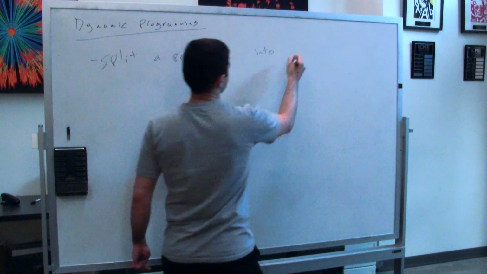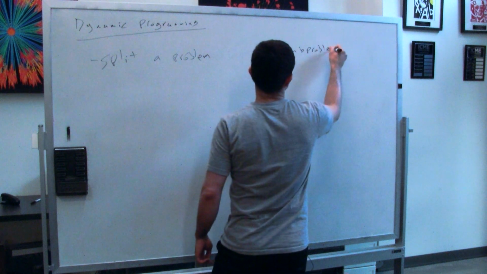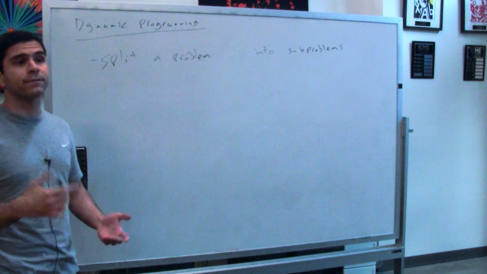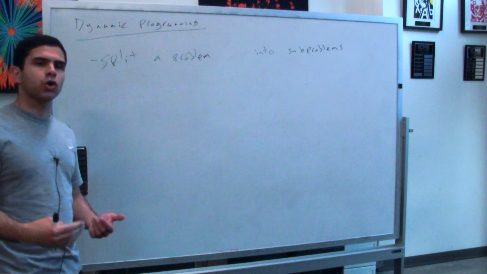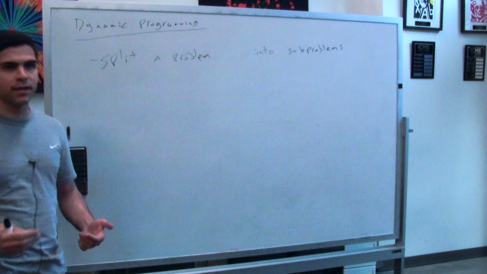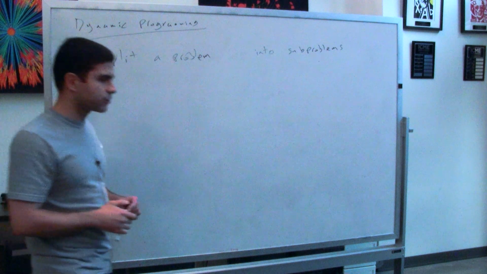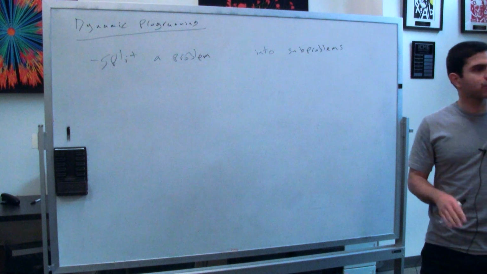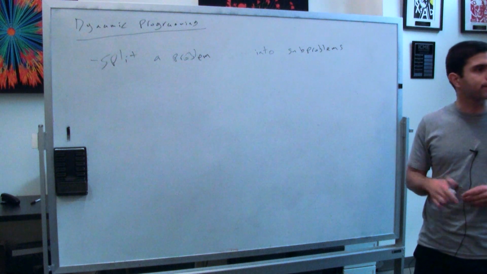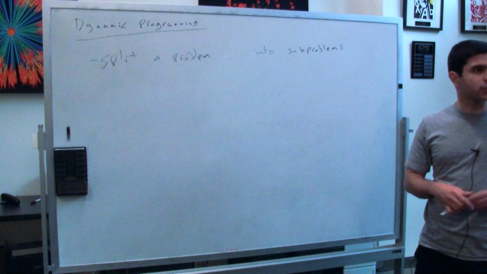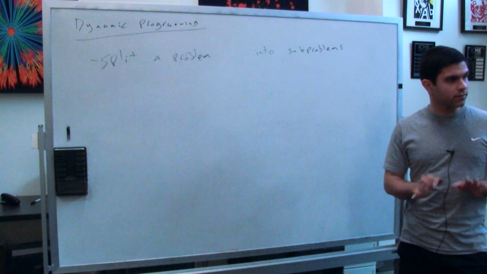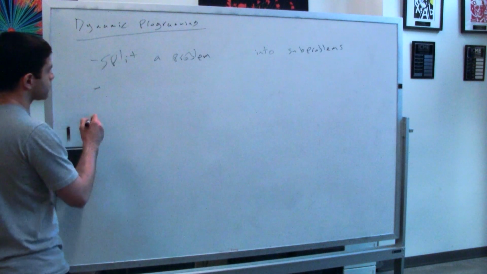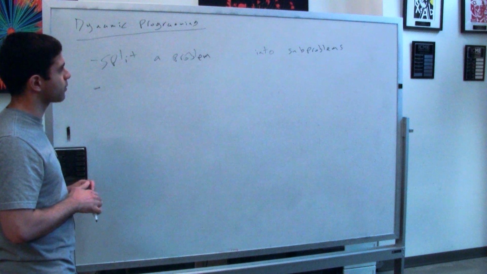And very, very often, what this means is that you're actually defining the problem as something that is recursive. So you have often a function, and then the subproblems become calls to that function with different parameters. Recursion is a very natural way to take a problem and turn it into subproblems. But it doesn't stop there. That's why if you go into some books like the CLRS, you'll keep hearing this over and over again. But really, the working knowledge of dynamic programming is recursion. Okay? So then once you have your problem settled down into subproblems,